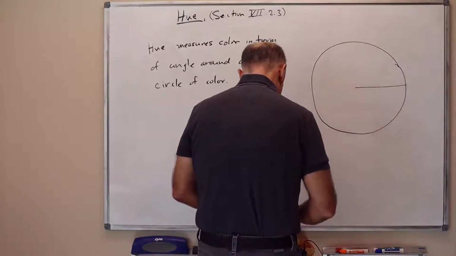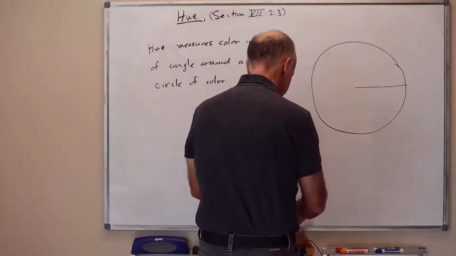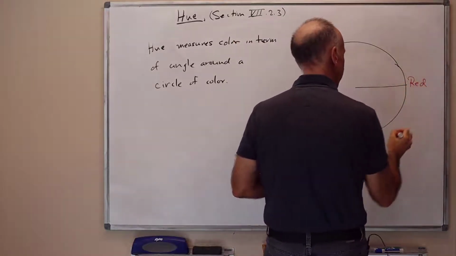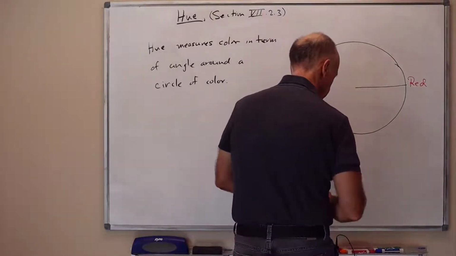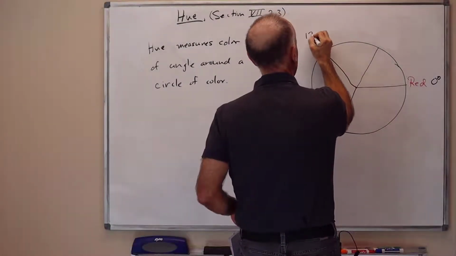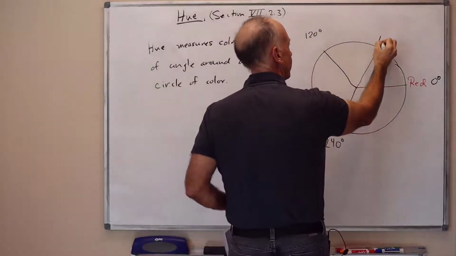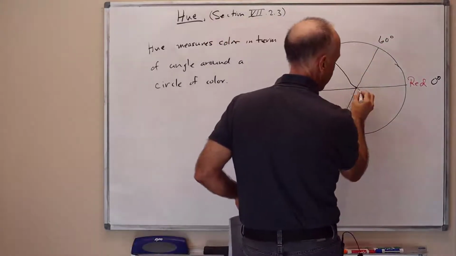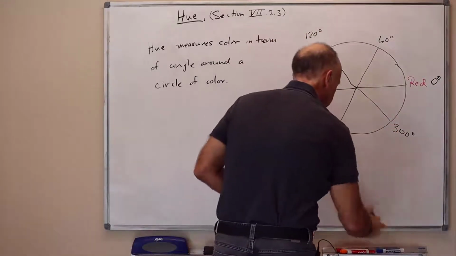Here, I'll get fancy with some colors. So red is here at the angle of 0 degrees. Here's 120 degrees. Here's 240 degrees. And we'll have some intermediate angles, 60 degrees and 180 degrees and 300 degrees. And the colors we're going to attach here, first of all, we'll put primary colors,